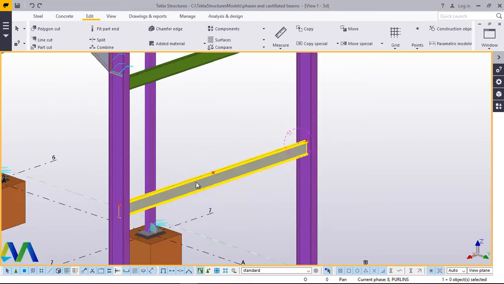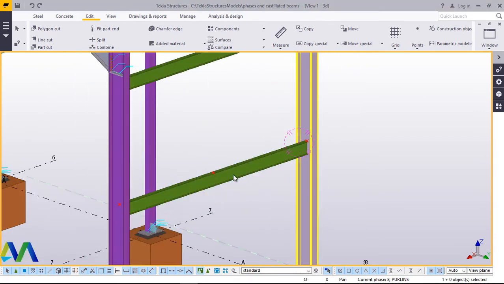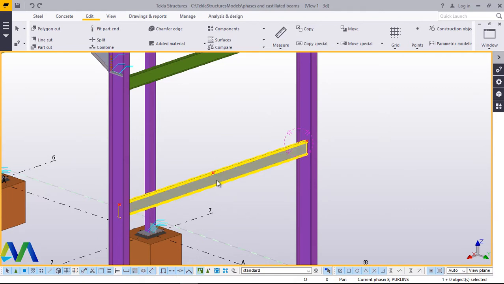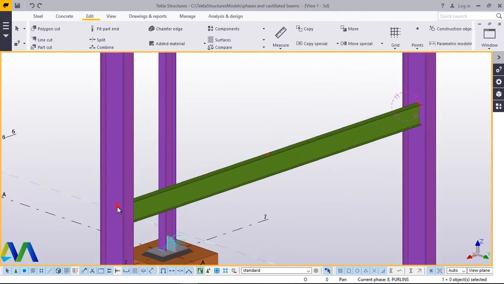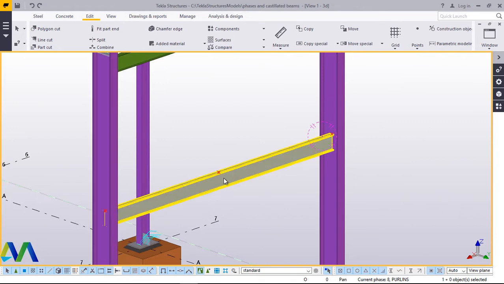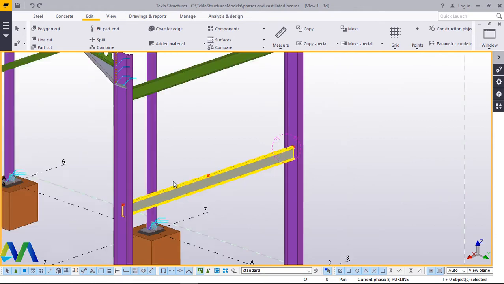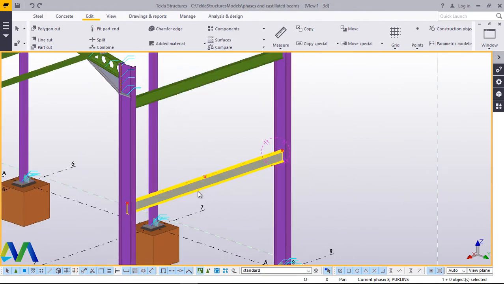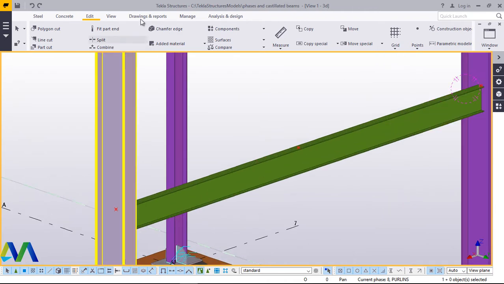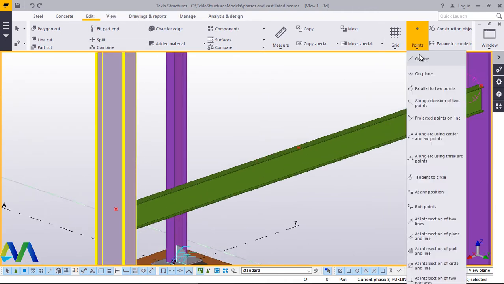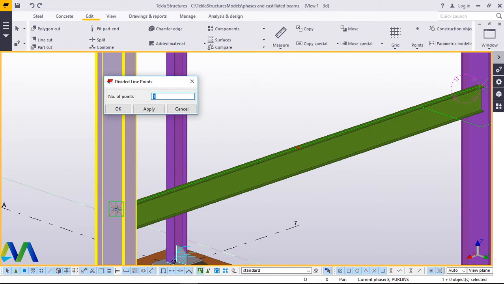Now here I have 3 points, this and this as the midpoint. Now I want a midpoint between this and this. These midpoints will be transferred up here to help us in placement of our bracings accurately. Now I want to go to edit here and snap right here and snap right there. I will have my point here